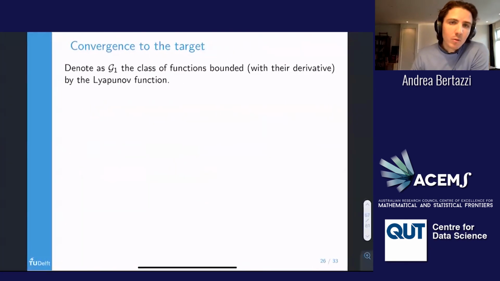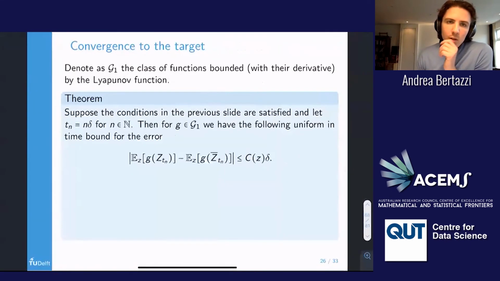But then we have quite a strong result with these assumptions. So let's say G1 is a class of functions that are bounded together with their derivative by the Lyapunov function. Okay, so the Lyapunov function in the case of zigzag is an exponential. So this is a quite large class of functions. Then we have that for all G's in this class of functions, we have the following uniform in time bound for the error. Okay, so if we take this expression,